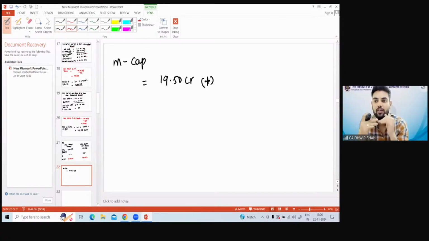That will add to your value. Any earnings will increase your value, and any investment will decrease your value because you are paying out for the investment. So what did he say? Another way to calculate is